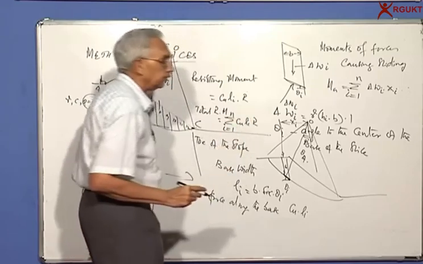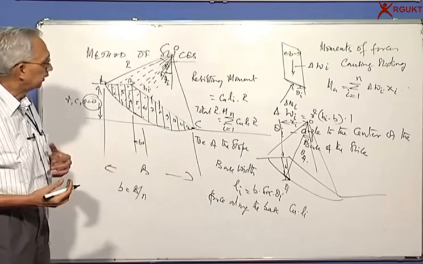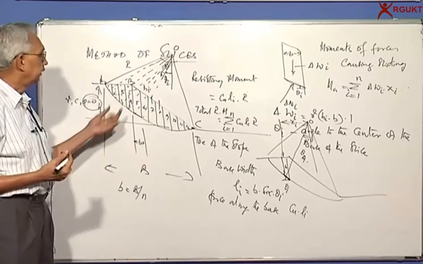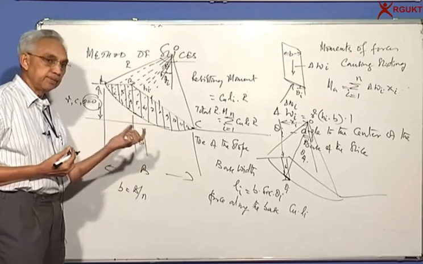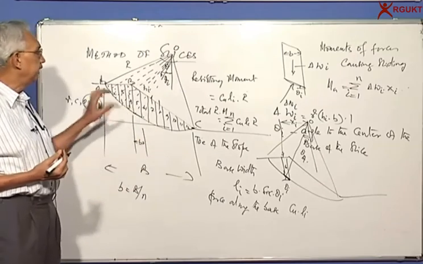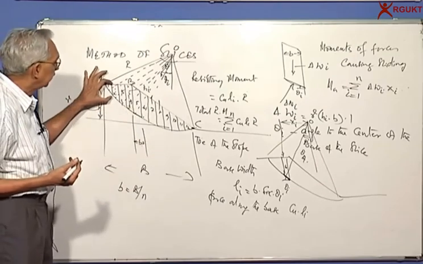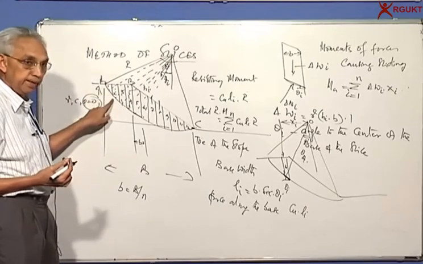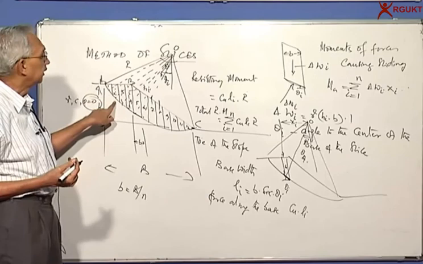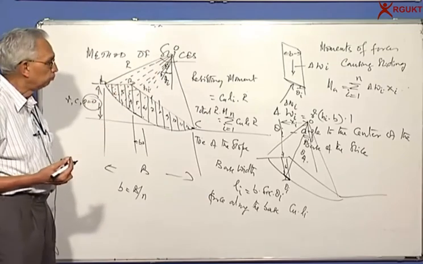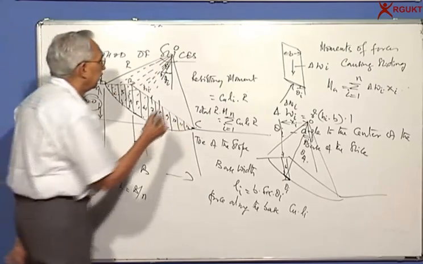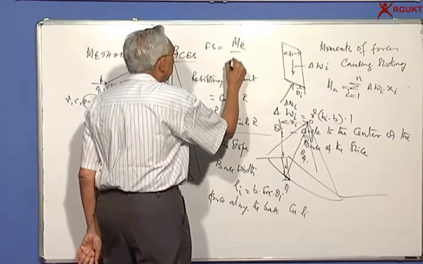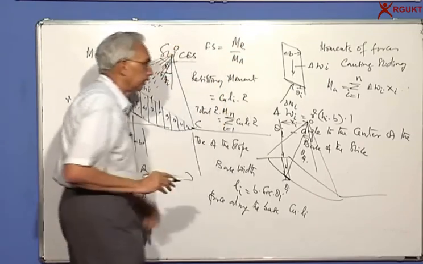And if I want the total resisting moment, it's equal to sigma i going from 1 to n Cu Li R. So instead of doing all the trigonometry, by dividing into a number of slices, you are finding out each of the slices, and the geometry being known, I need to only know the height of the midpoint of the slice and the angle the base of the slice makes with the vertical. And from there I can get the factor of safety, which is equal to resisting moment by activating moment, which is